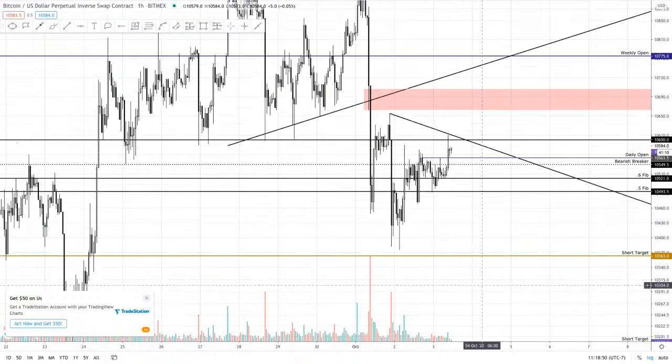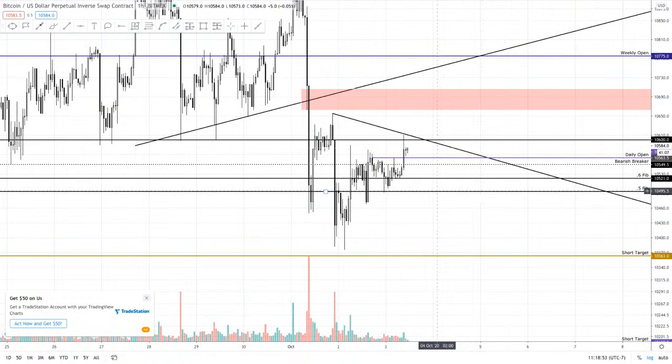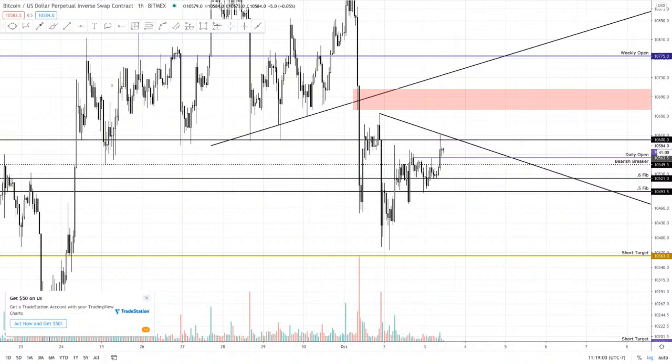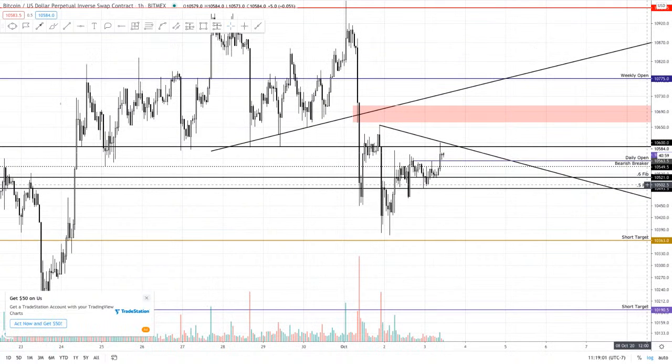So once again, the plan is long above this trend line to target the weekly open, or we'll short the failure of this trend line. Just depends on what's gonna happen. So the next time price